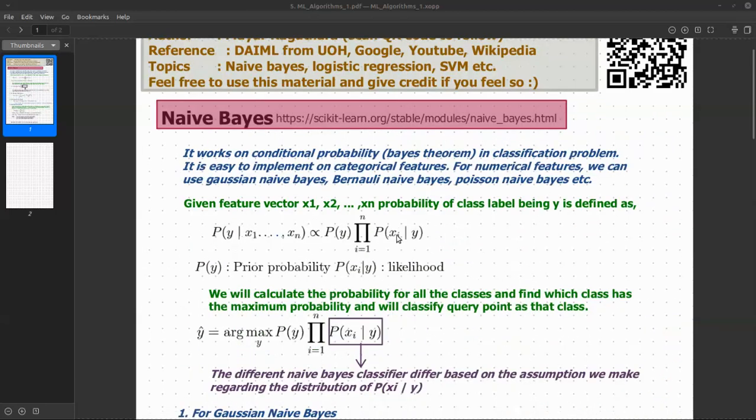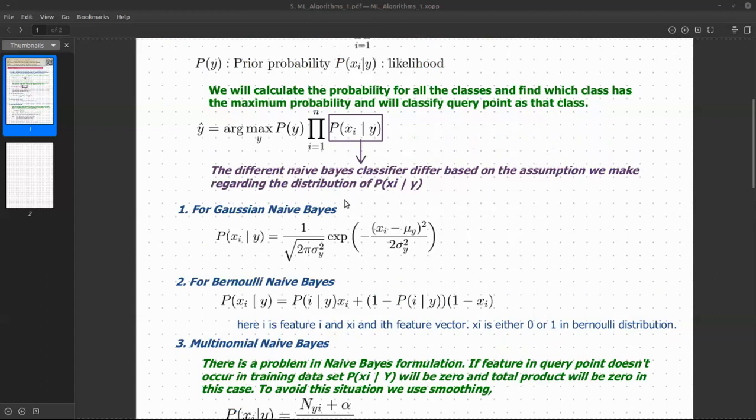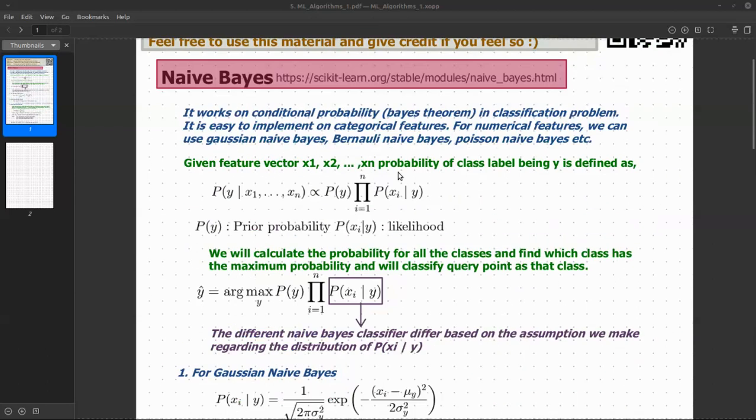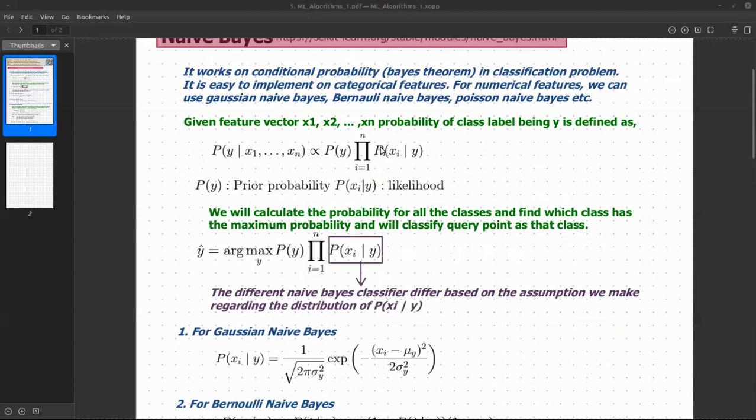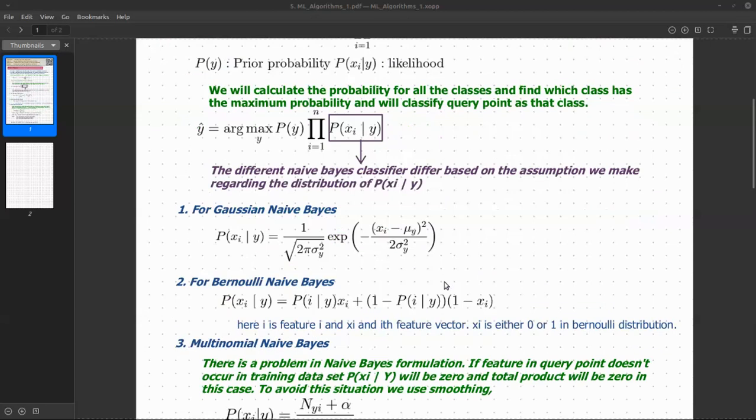And if my xi is nothing but a column, think intuitively: x1, the first value, or you can say the age value. So you have an age column. How is age distributed? If it is Gaussian distributed, then it's Gaussian naive Bayes. All your features are distributed Gaussian. And if these features are distributed Bernoulli, if they can take value 1 or 0, it's nothing but Bernoulli naive Bayes, right? So this likelihood is calculated based on the distribution, basically.